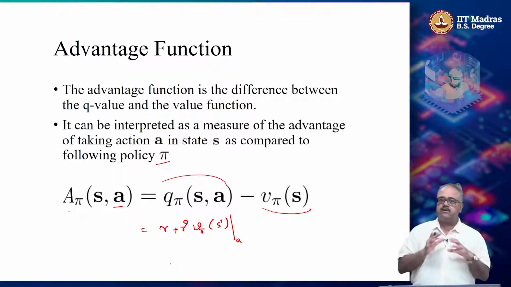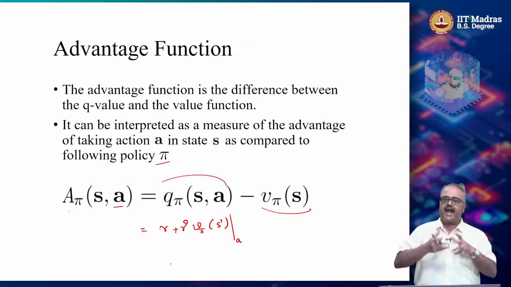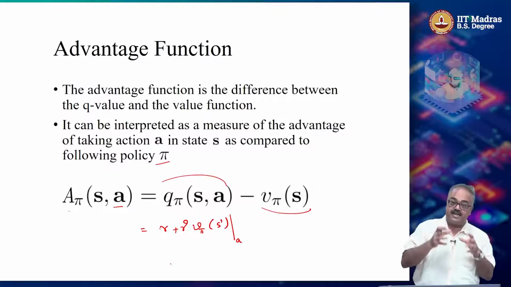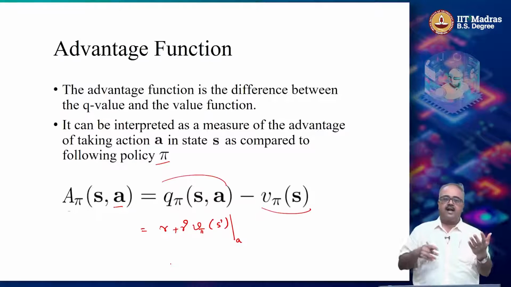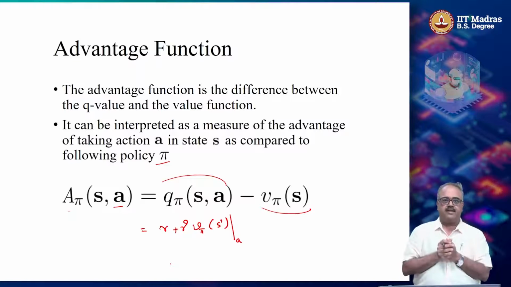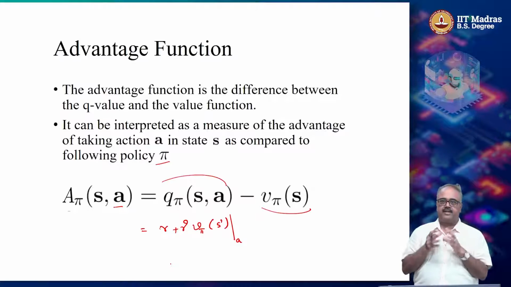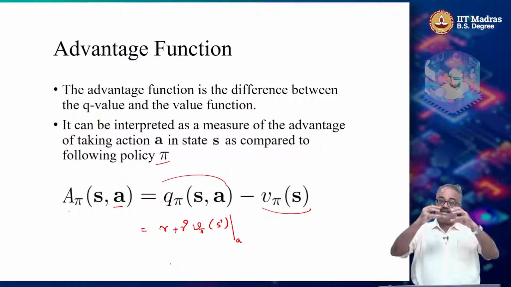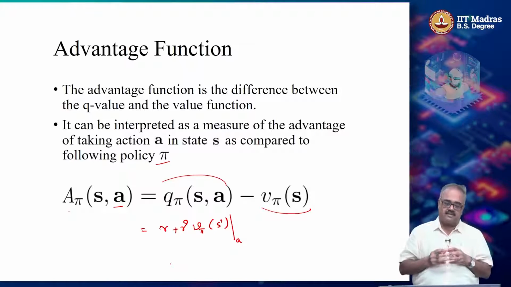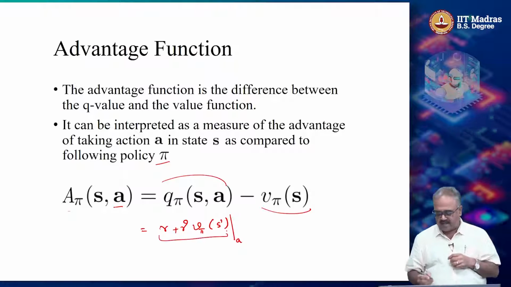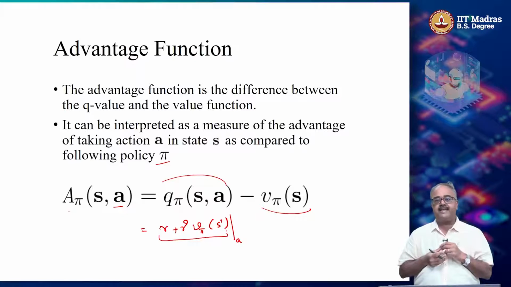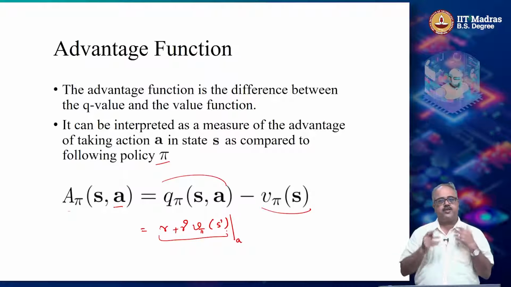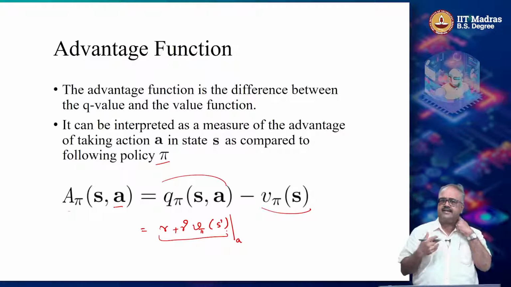Is it clear? So, from Q pi, if I take action A from state S, then I get a reward R, then I go to the next state S prime, right. That is what we have been thinking about. So, this particular reward plus this expression, R plus gamma V pi S prime, is actually a sample of what Q pi S comma A will be, because Q pi S comma A basically says I take action A and follow